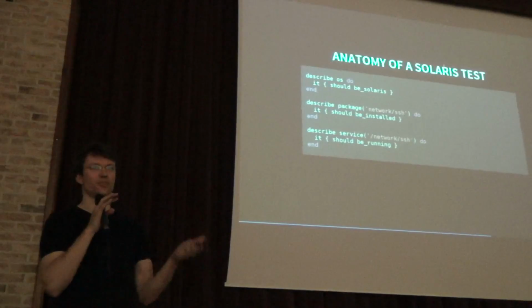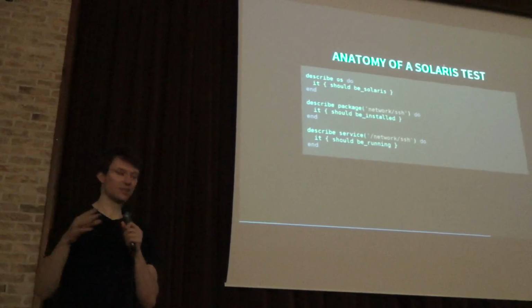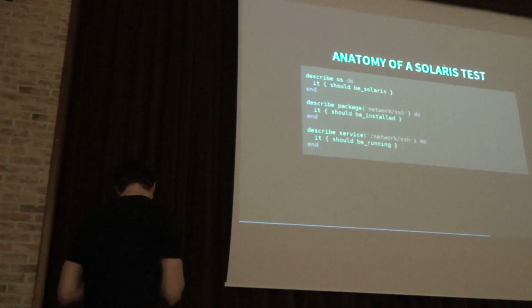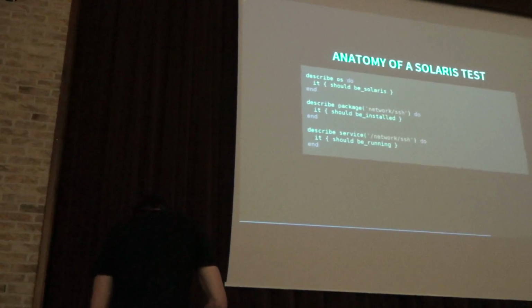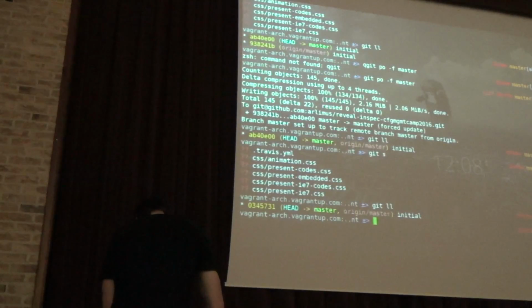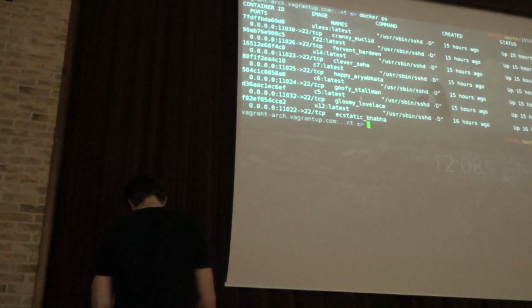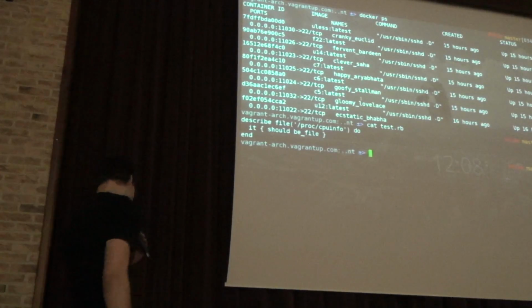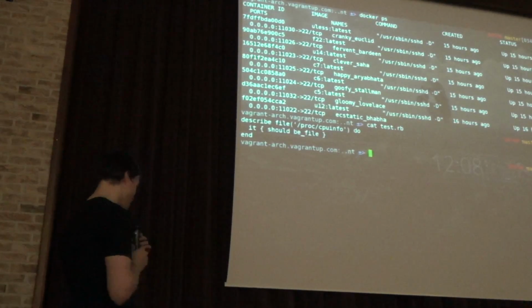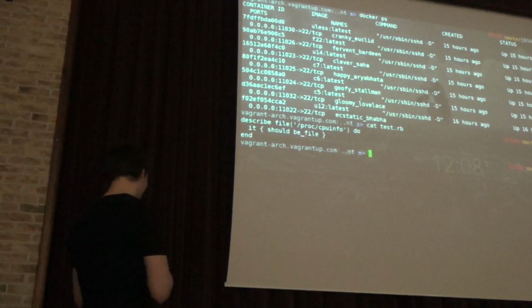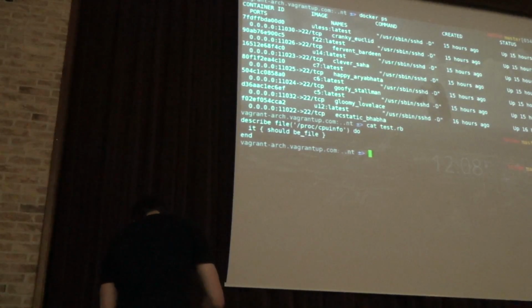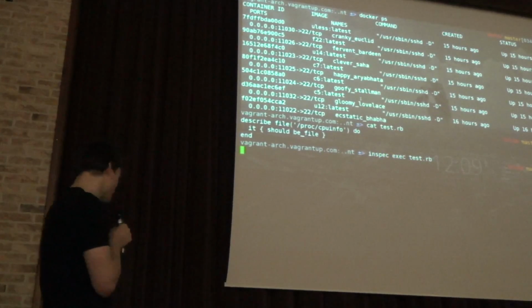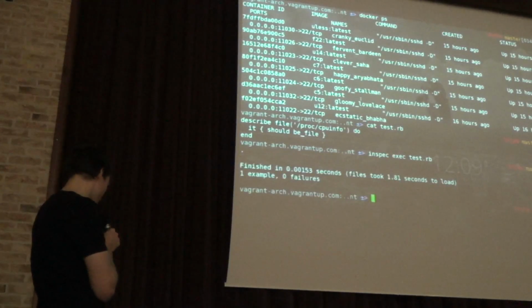Again, InSpec allows you to do a couple of things since it's target agnostic. If I do the same thing with my containers for a sec. So I've got containers running on my machine. And I've got a small test running here. Really, really small one. That's always there if you know Linux. So if I run this locally, that will just give me the results, and that's fine for the local execution.